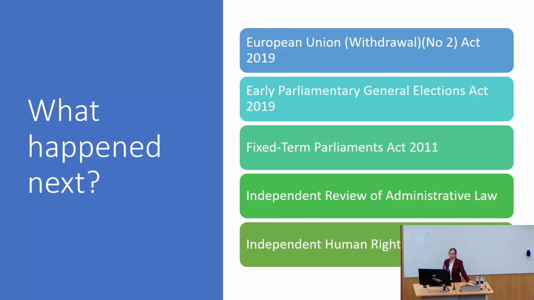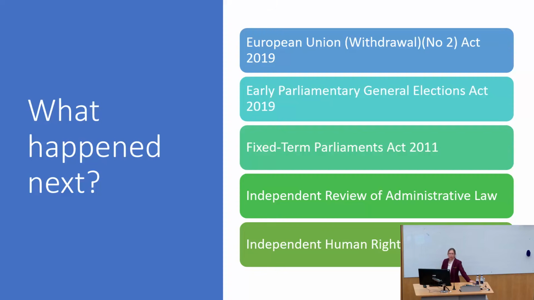Now, under the terms of the Fixed-term Parliaments Act 2011, there's only two ways in which you can have an early general election. So you've got a fixed term of 5 years, and two ways of having an early parliamentary general election. A vote of no confidence, well, it's going to be a bit awkward for the Prime Minister to say, yes, I'm going to have a vote of no confidence in my own government. It's going to look a bit embarrassing if you do that. The other option is to ask for an early parliamentary general election. But the Fixed-term Parliaments Act says you need 2/3 of all MPs to vote in favour of that.